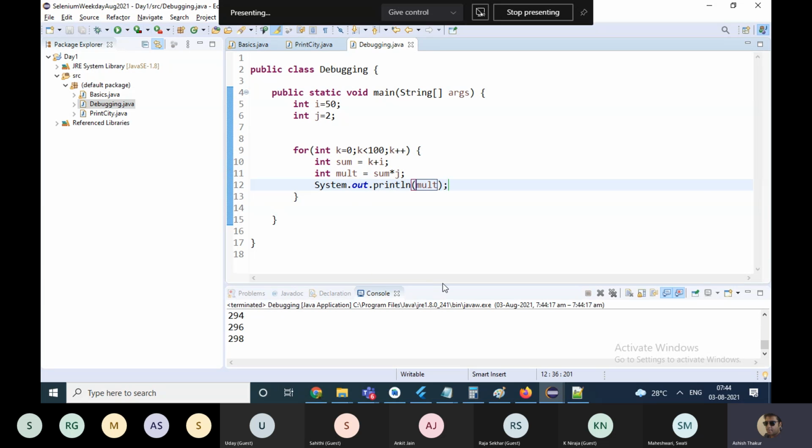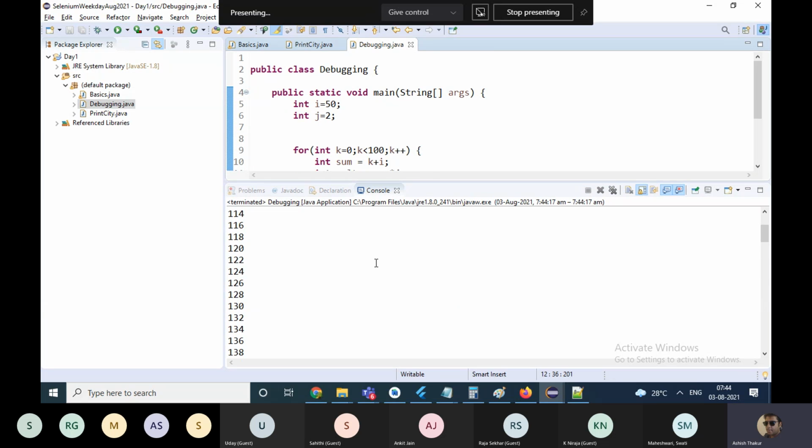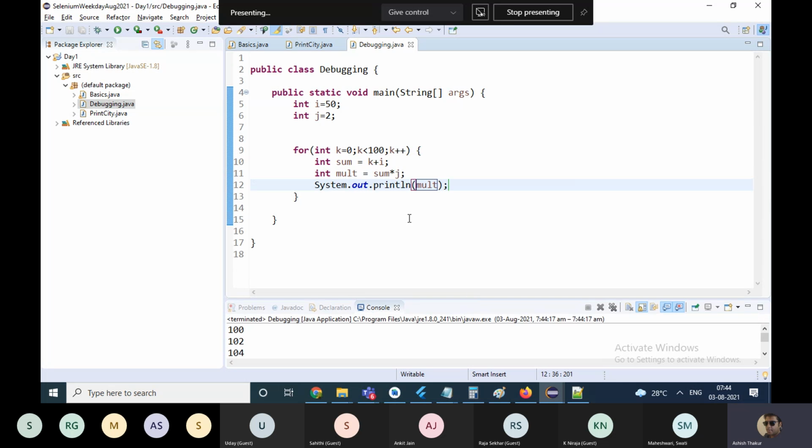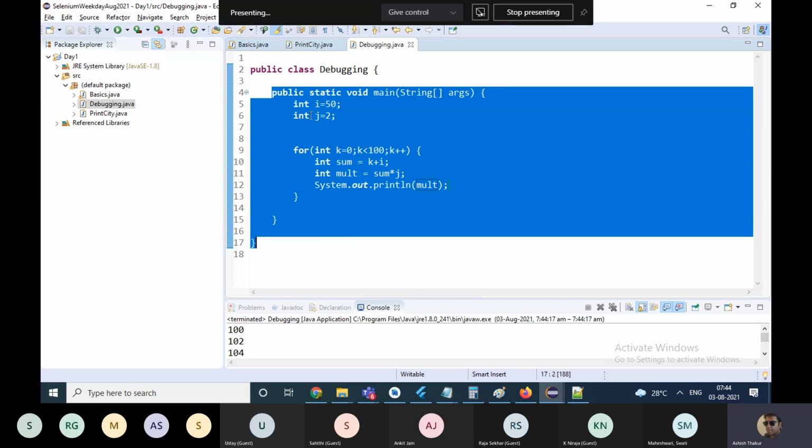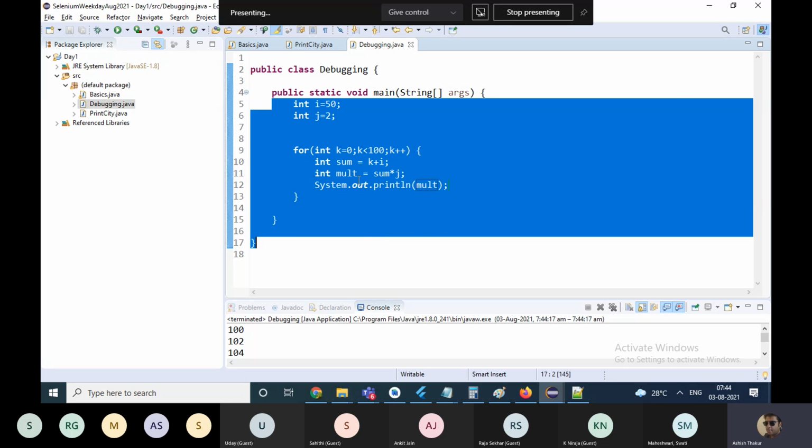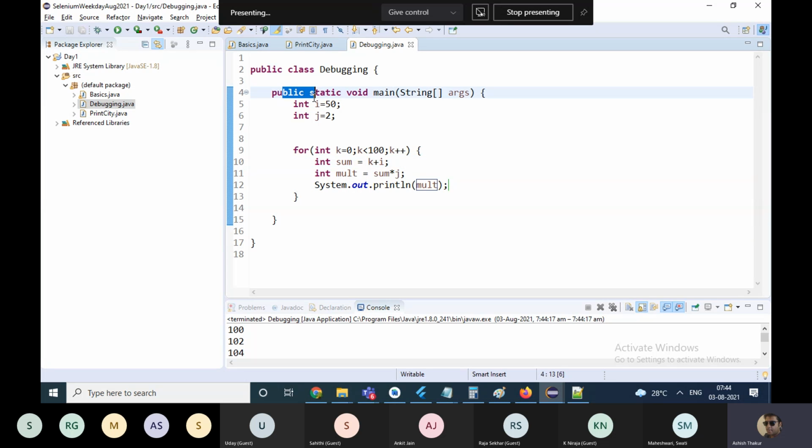Okay, and when you run this, this will print a lot of numbers. Now, if something is failing in between, or if you want to check what's happening at every stage in this program, you can run this program line by line in debug mode, which is there in every tool or every language, every automation tool, like UFT as well. You just have to double click in front of this line number 5. You will see a blue mark coming up.